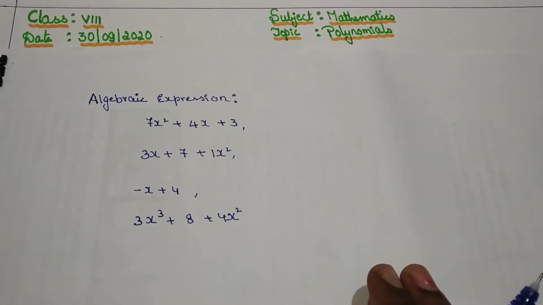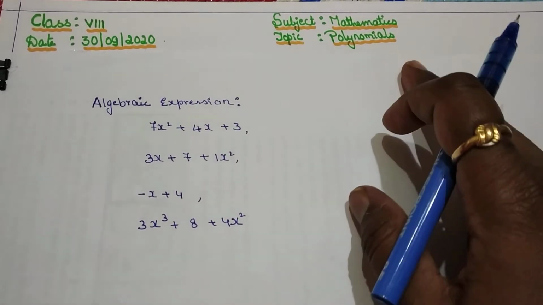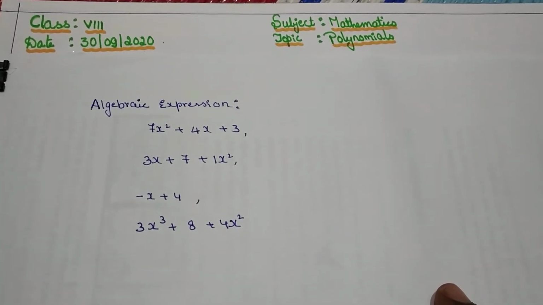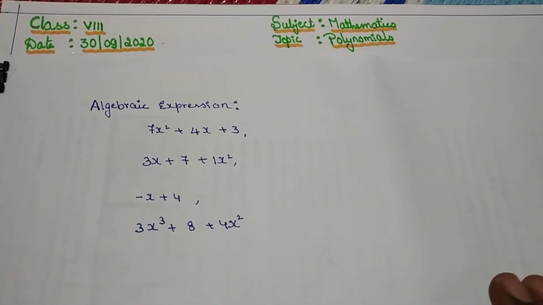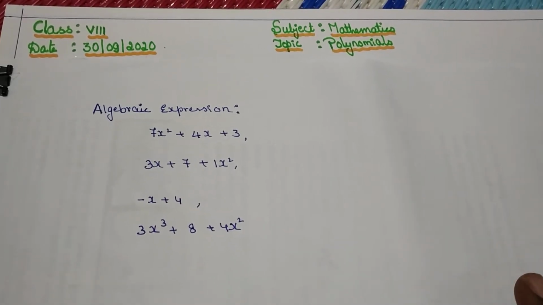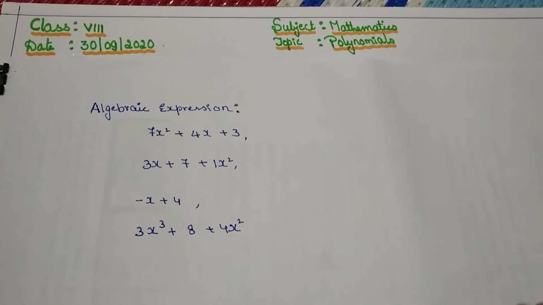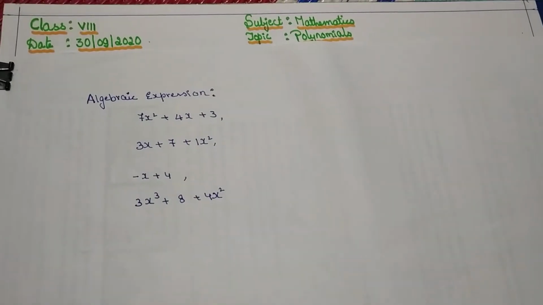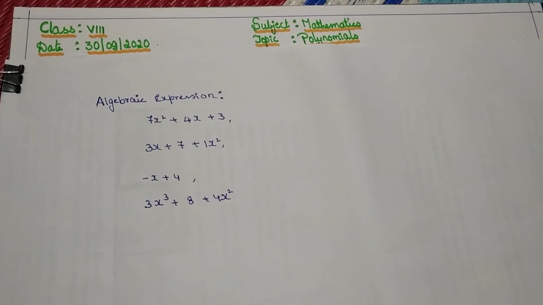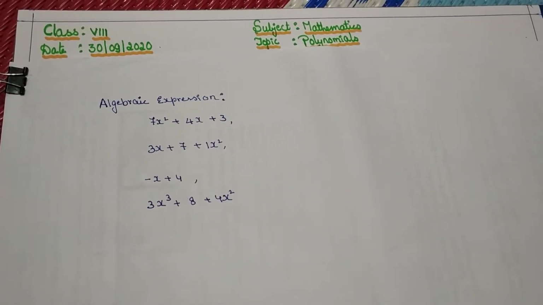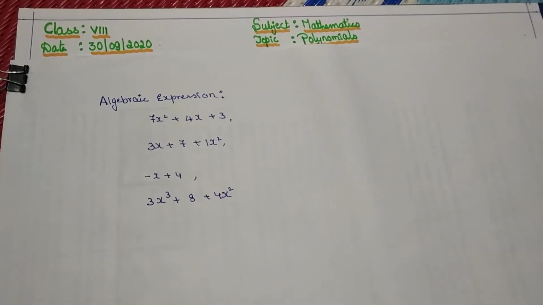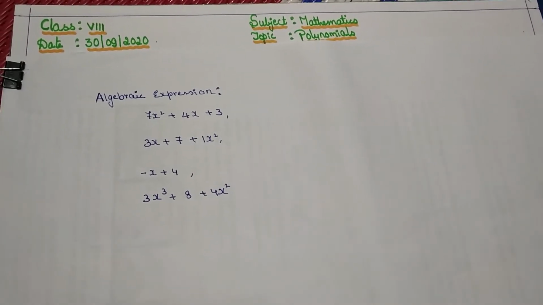With the help of this, now we are going to study the new chapter called polynomials. In this chapter, we will study special types of algebraic expressions in one variable, which are nothing but polynomials in one variable. Then, what is a polynomial? A polynomial is an algebraic expression in which the exponents of the variable are non-negative integers.